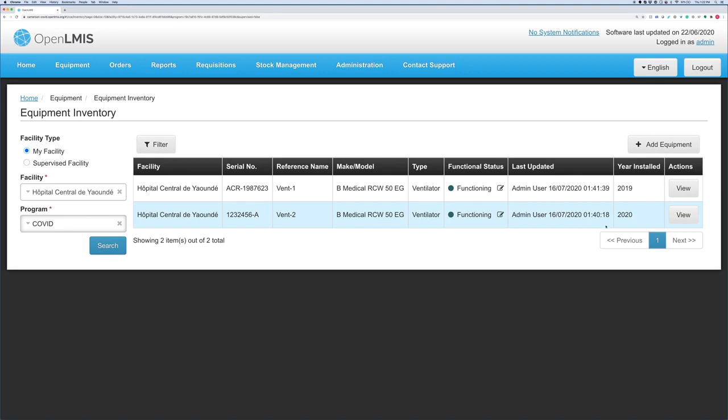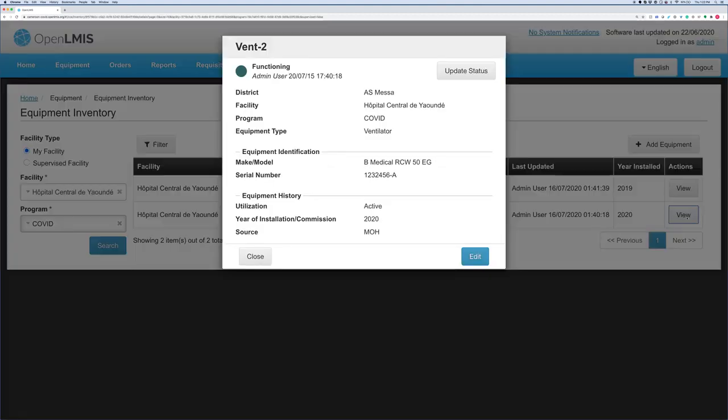To see any additional details about the equipment, I can click the View button to the right under the Actions column, and that will bring up the Equipment Details window. Here I can see all of the details about the equipment that are available in the table on the main screen, as well as some additional information. From this screen, I can edit the equipment details, which I'll come back to in a moment, as well as